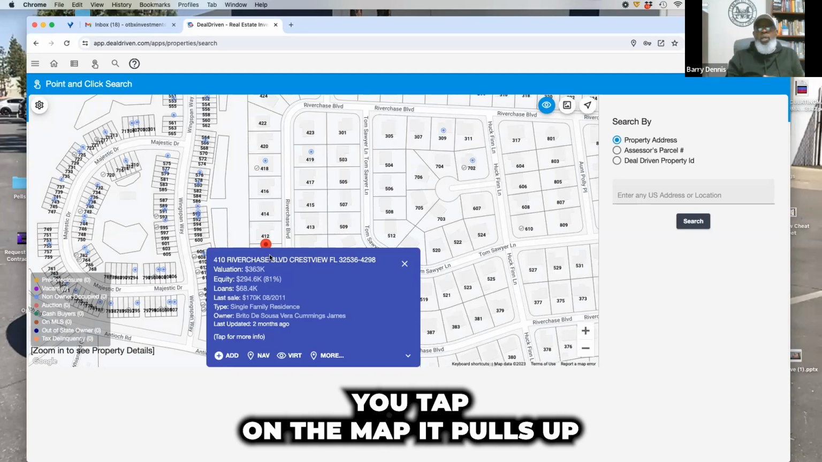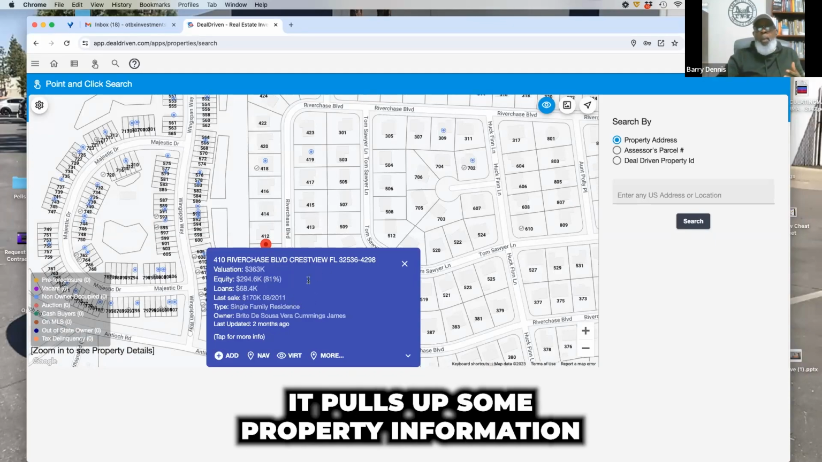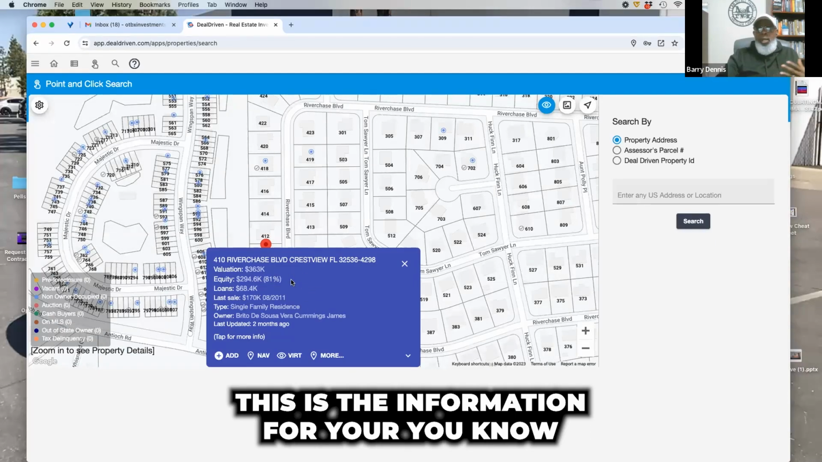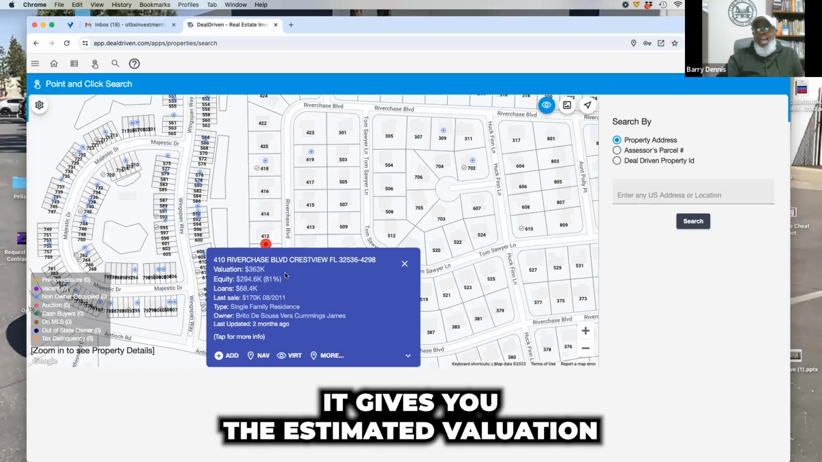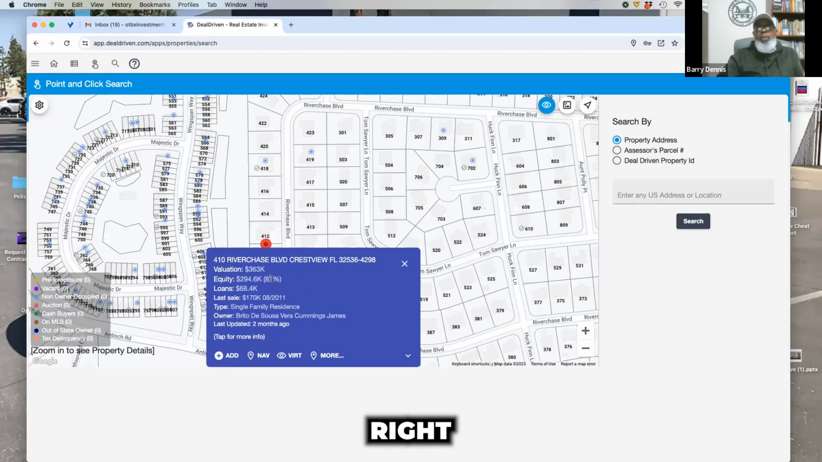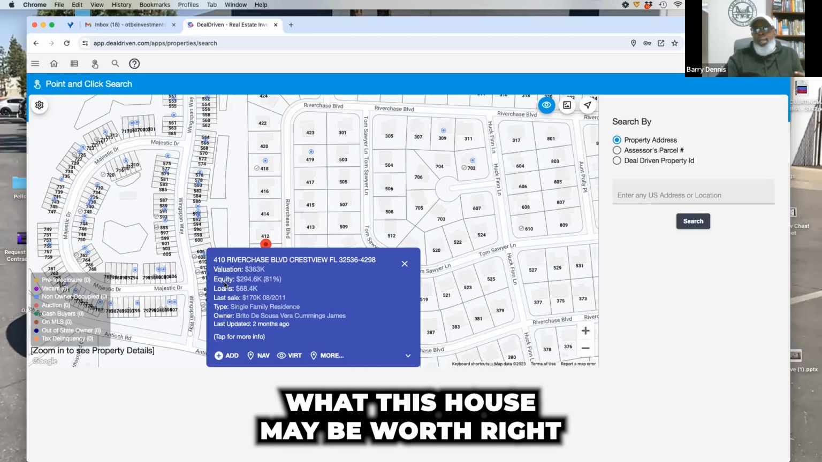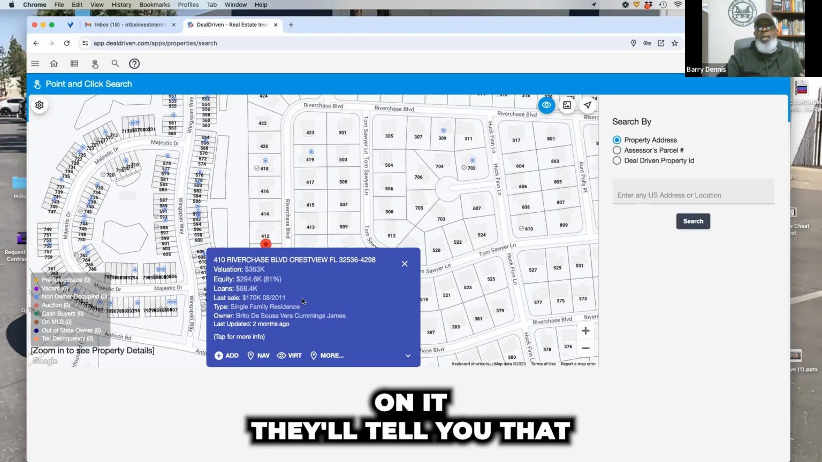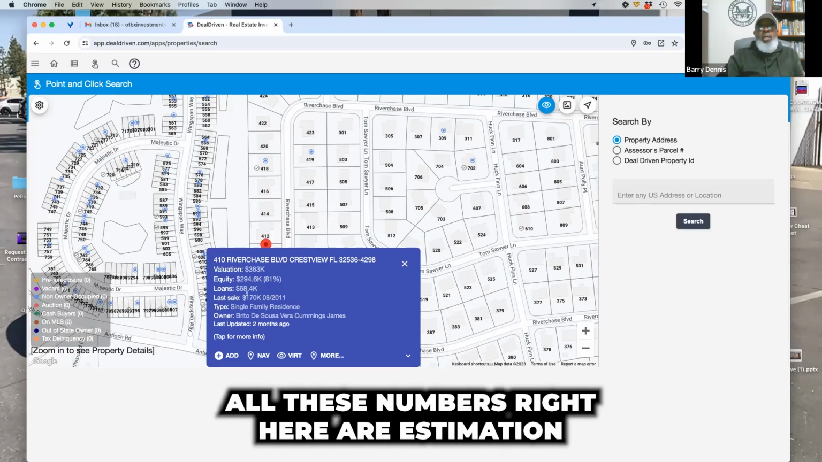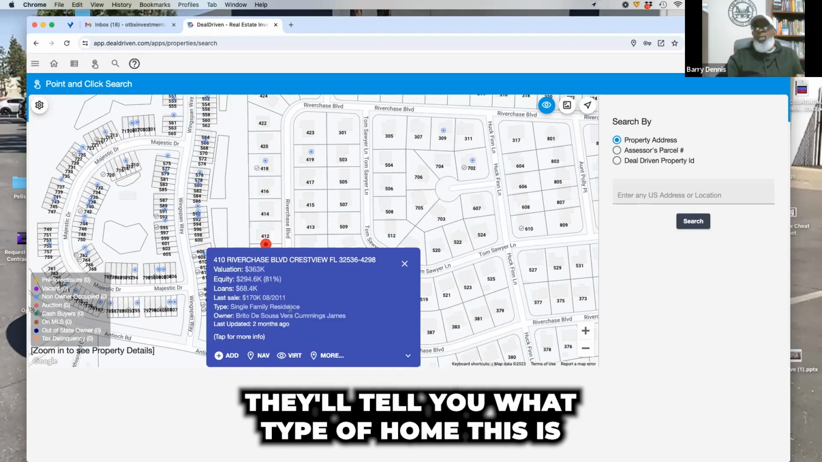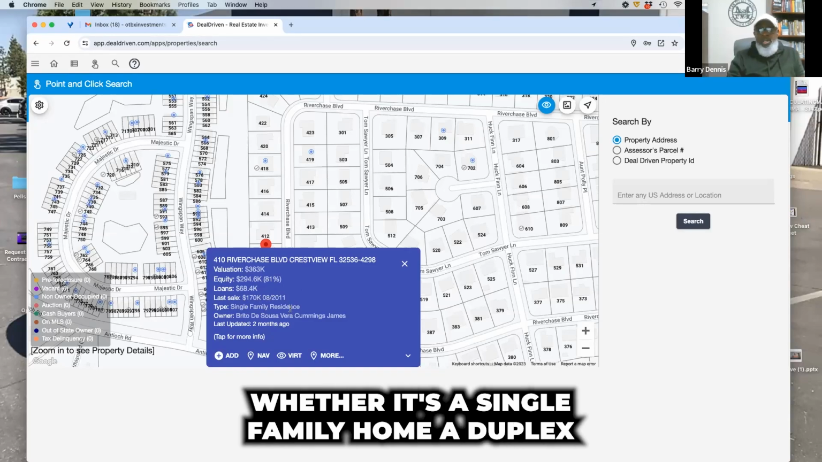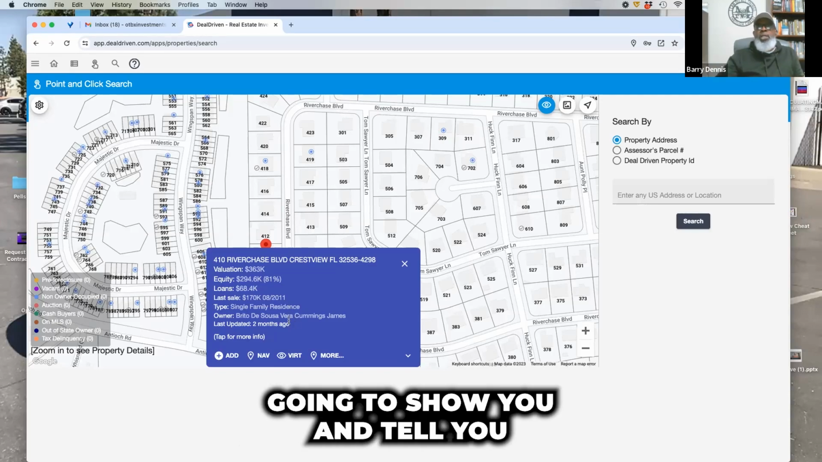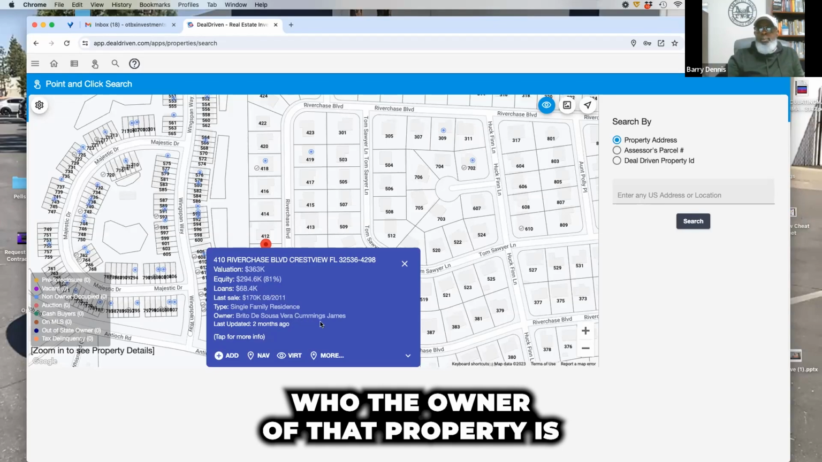When you tap on the map, it pulls up some property information. This is just data, just information for you, so you'll know. It gives you the estimated valuation, right? What this house may be worth, okay? How much equity they may have in it, and if they have any loans on it, it'll tell you that. All these numbers right here are estimations. It'll tell you the last time this house was sold. It'll tell you what type of home this is, whether it's a single family home, a duplex, a triplex, whatever. And then it's going to show you who the owner of that property is